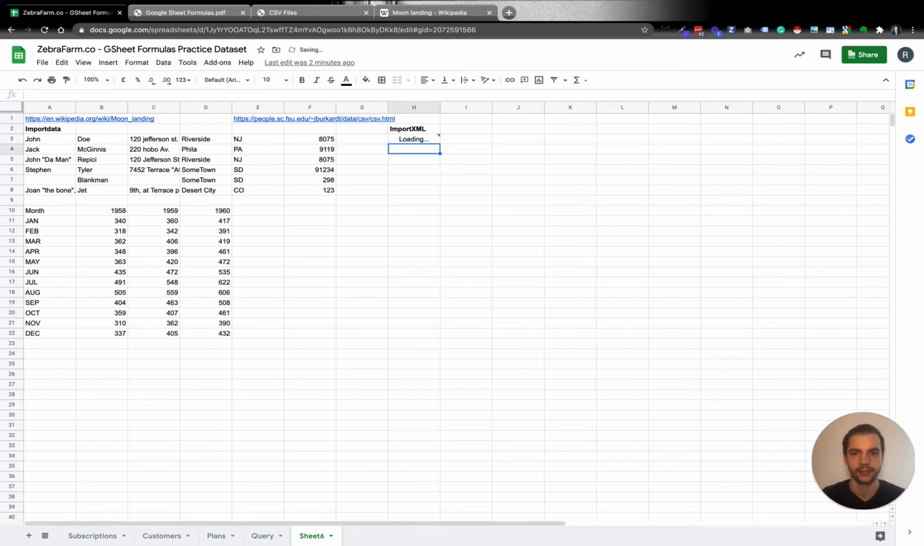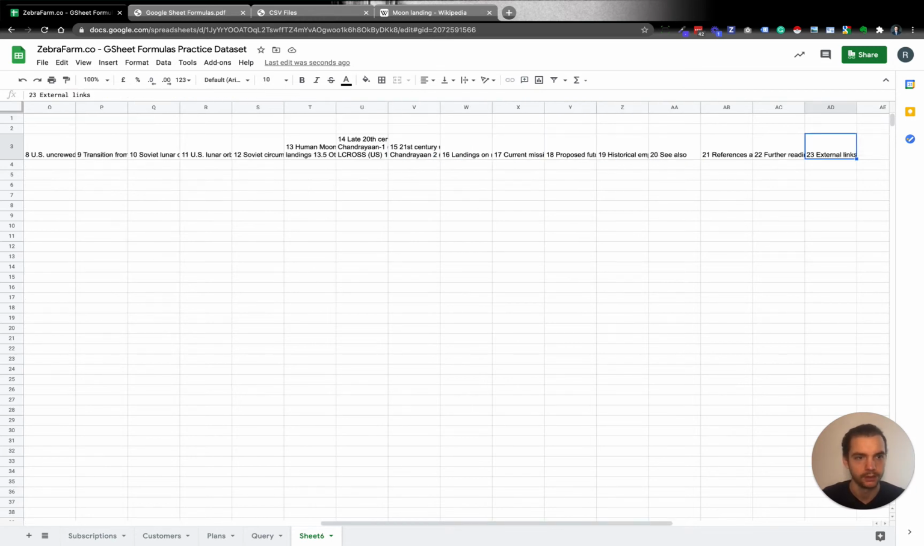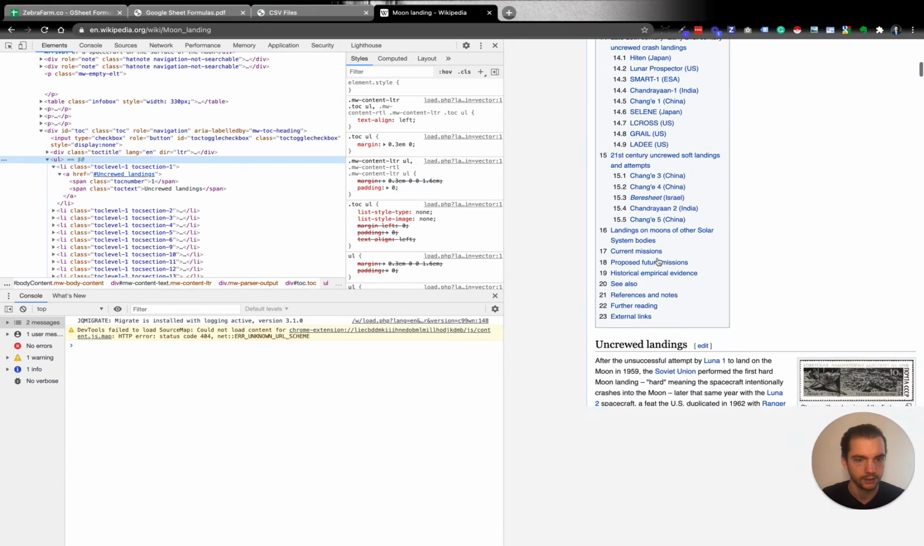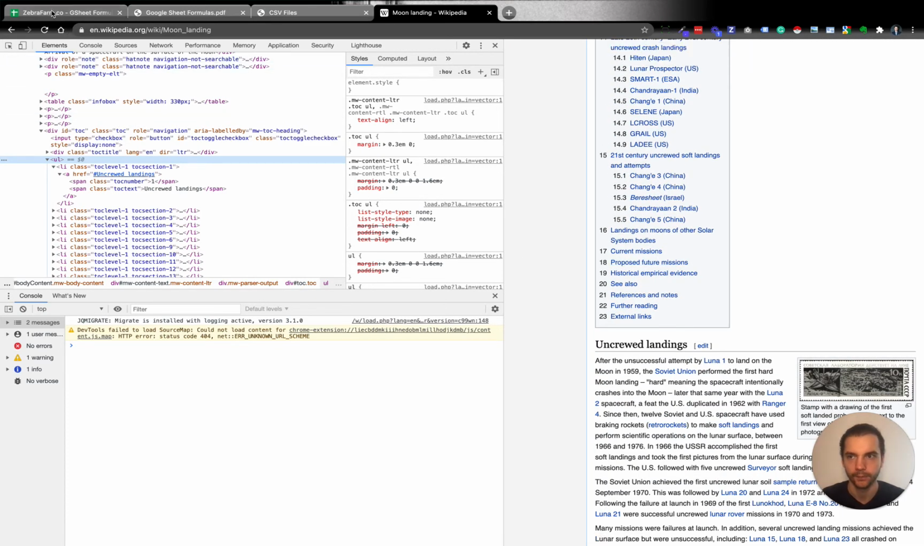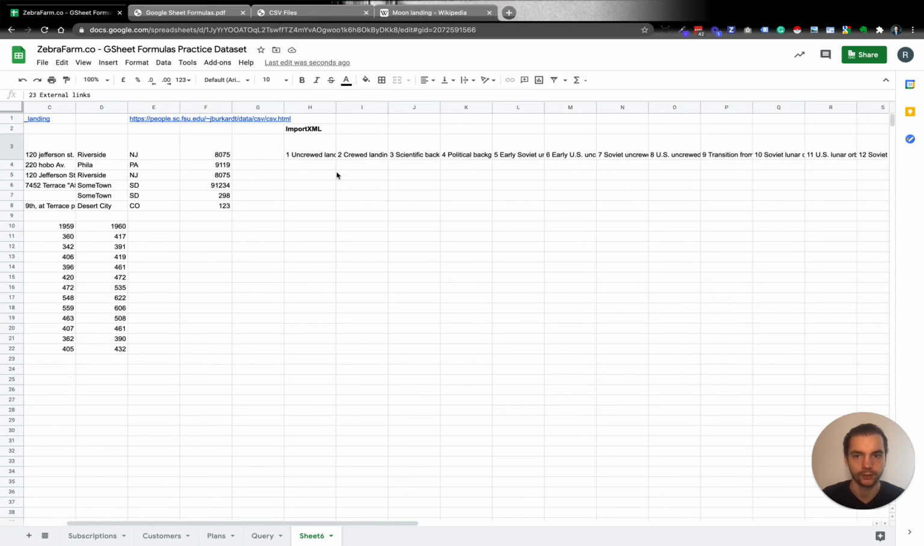Close it off and see what happens. So it will now automatically find all these points, so 1 till 23. So let's just check if that's correct. Yes, that's indeed correct. And in case you want to get this horizontally or vertically, you can use the transpose